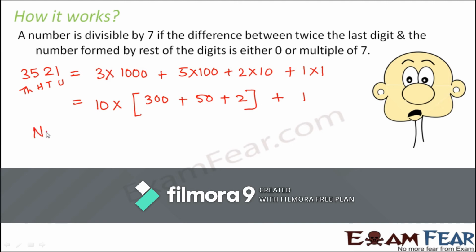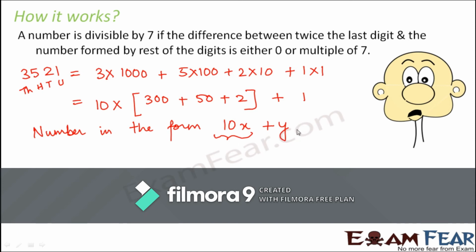So basically we have written the number in the form 10x plus y. That is 10 into this entire part, which is considered as x, plus y. What is y? y is the last digit, that is the digit at the units place. So this number has been written in the form of 10x plus y. Now what do we have to prove? We have to find out if 10x plus y is divisible by 7 or not. Right? So how can we handle this 10x part in a smarter way?